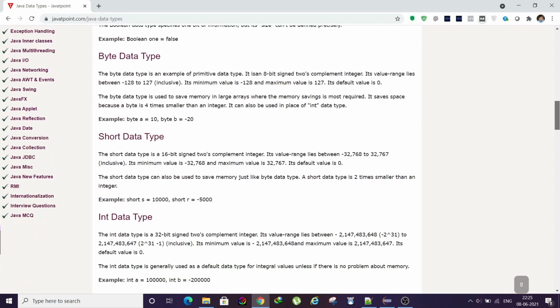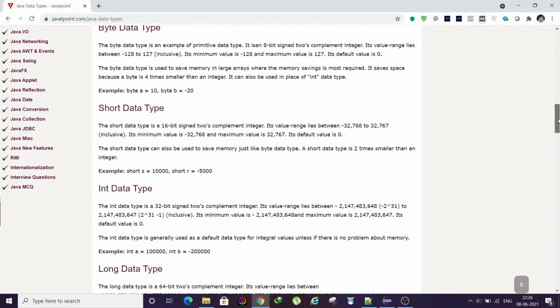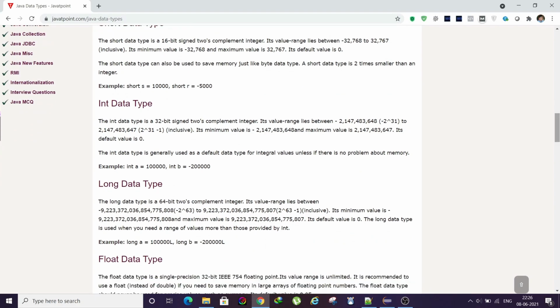Short is the least used data type, because as we have byte, which is the smallest, whenever you want to save some space you can use byte, and then the most commonly used is the next data type, that is integer. Short falls in between byte and integer, so that is the reason why short is the least used data type.